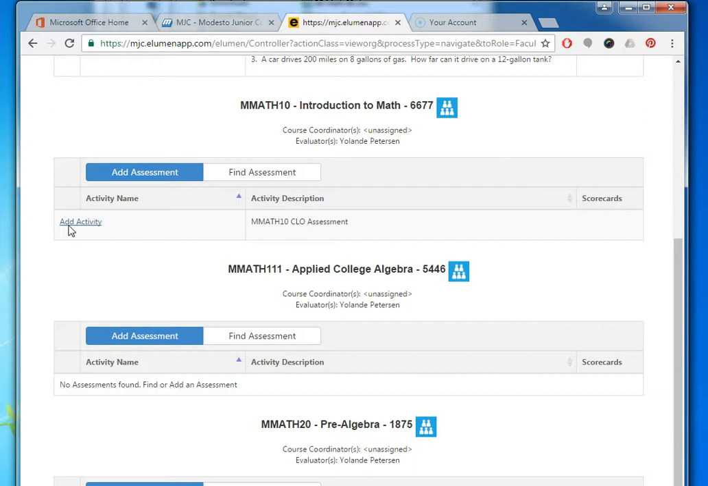Now, one thing to observe is this other course, Math 111, is not up for assessment this term, and so this Add Activity link is absent, and that's one way that you can tell whether you are required to assess a certain course in a given semester. So I'm going to click on this Add Activity link,